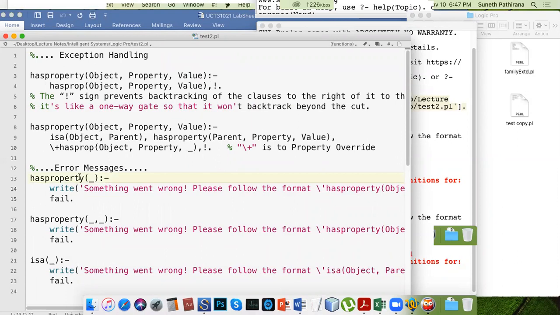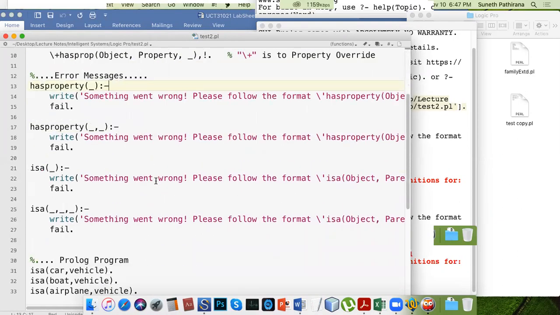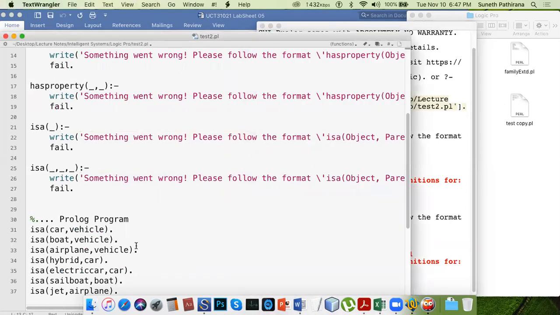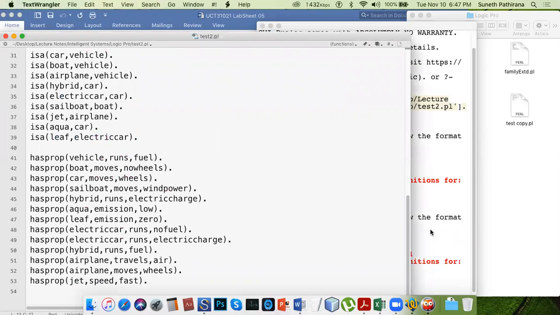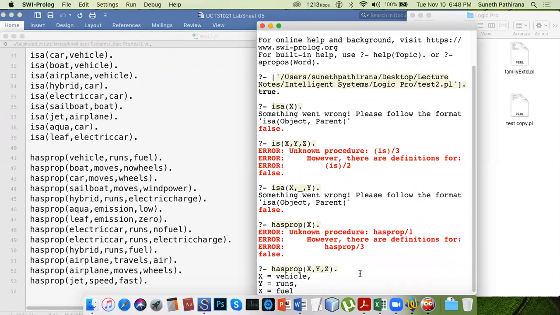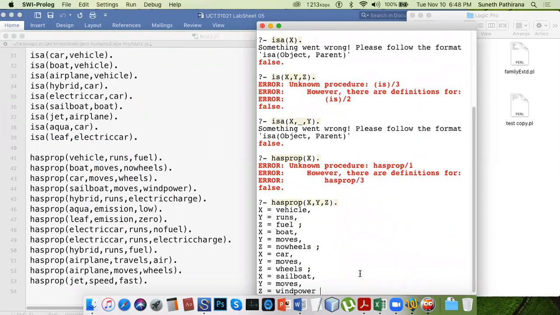So under has property, this is just referring to has prop. So what's wrong here? Has prop x, y, z. This is the preferred format.